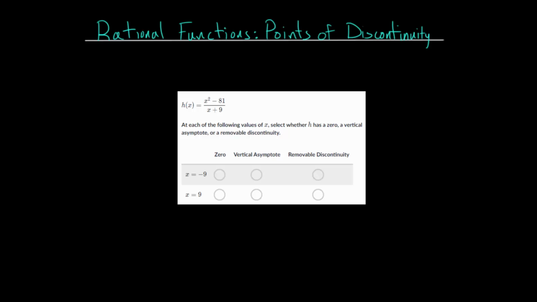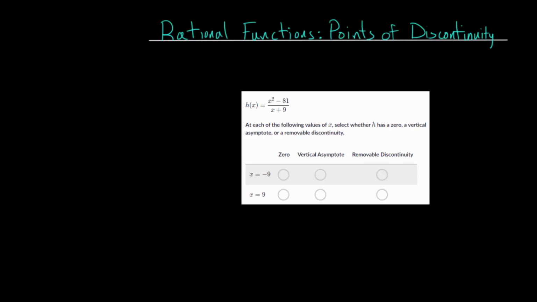In this video, I'd like to talk about rational functions and their points of discontinuity. Now, before we look at a specific example, let's talk about this generally. We're going to be looking at the zeros of our function, the vertical asymptotes of our function, and the removable discontinuities, which graphically resemble holes in the function. So let's look at a picture